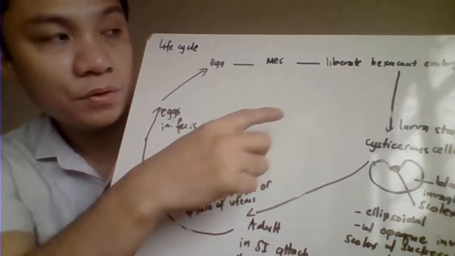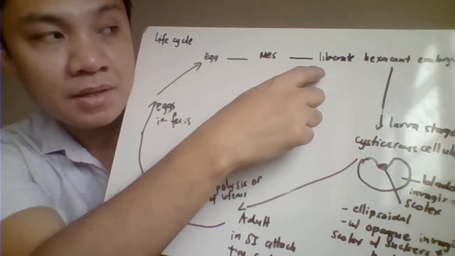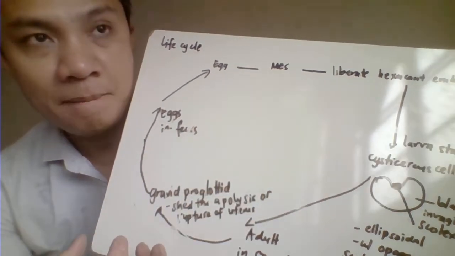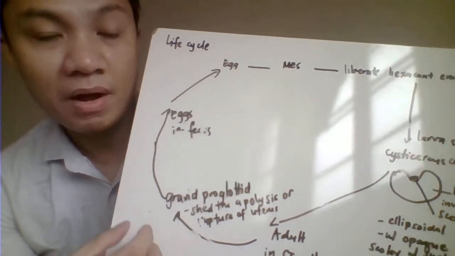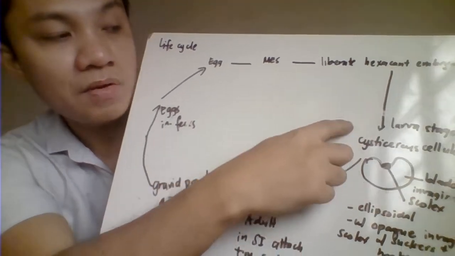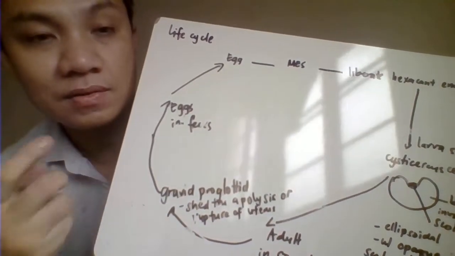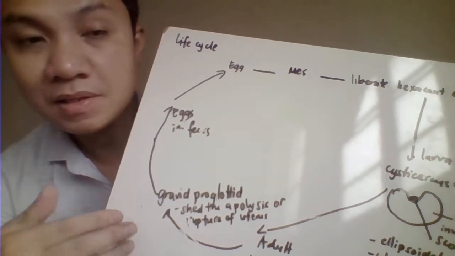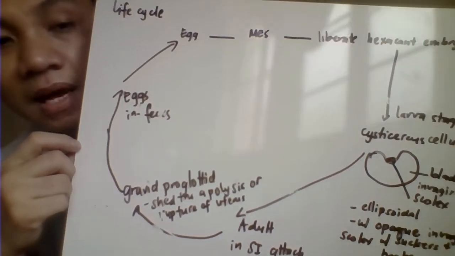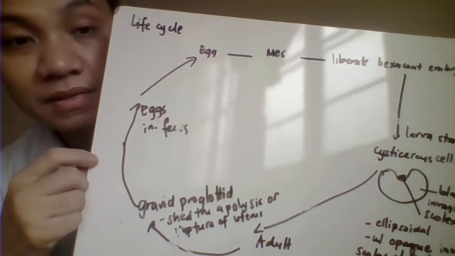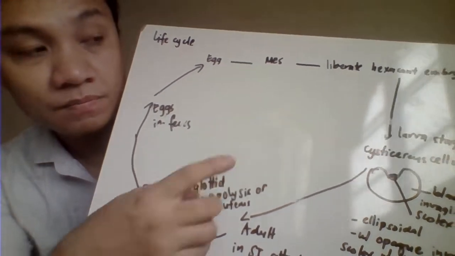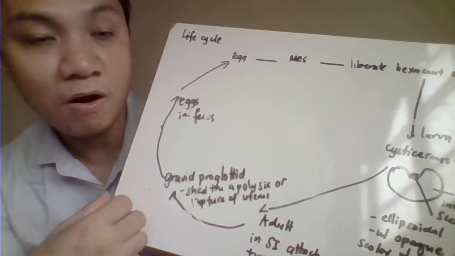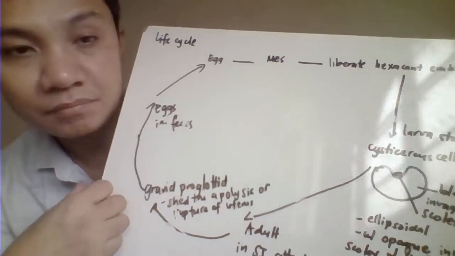T. solium, it would eventually try to hatch inside the body of the human, liberating the hexacanth embryo, having the 6 hooklets, which try to develop into the larva stage. So cysticercosis ang tawag doon. When we say cysticercosis, that's developing to become the larva stage in the form of cysticercus. So pwede siyang mag-develop inside the body of the human by ingestion of the ova to become